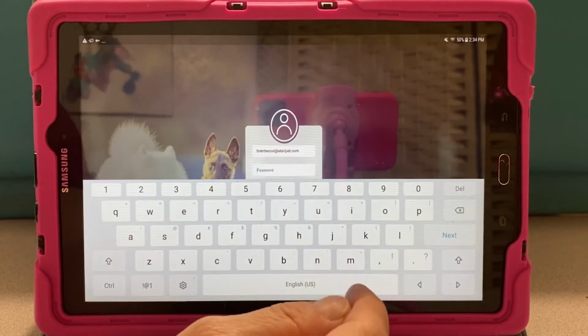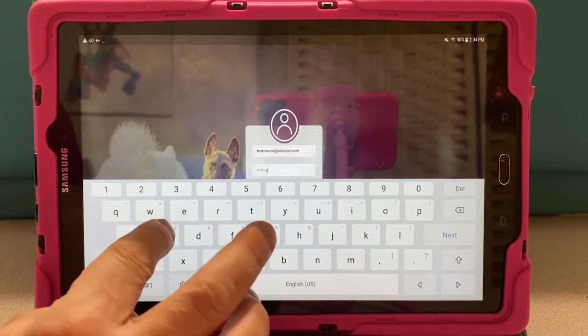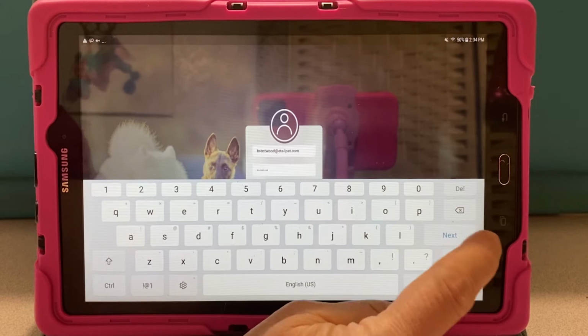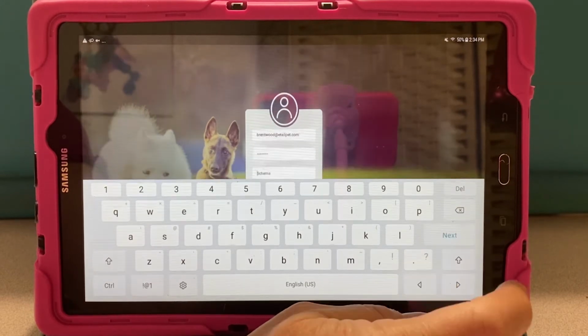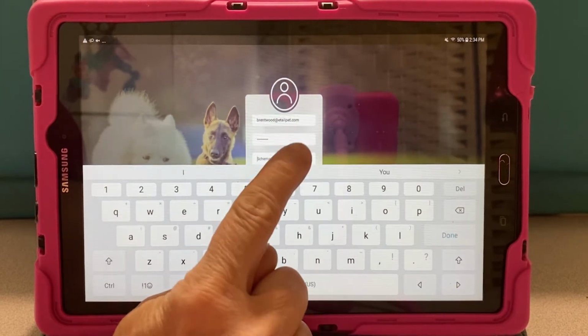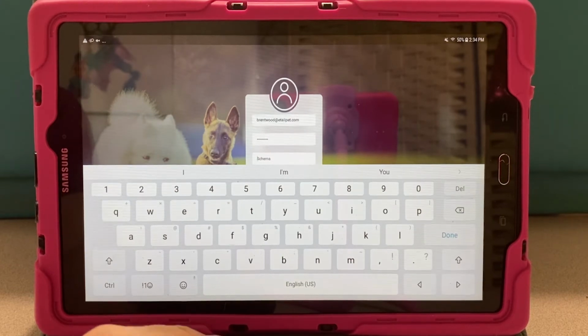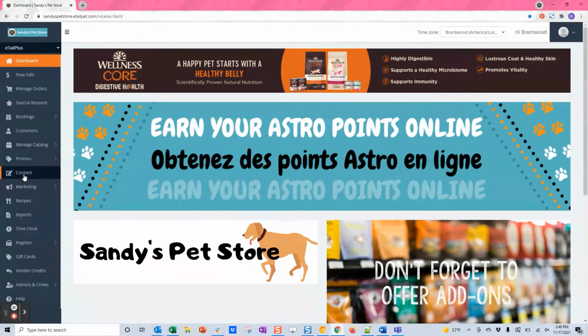Now it's wanting the password, so I need to use the same password that I used on my register computer. Click next. And now it wants to know my schema. And so I'm going to go to my POS on my register computer. I'm going to go to the content